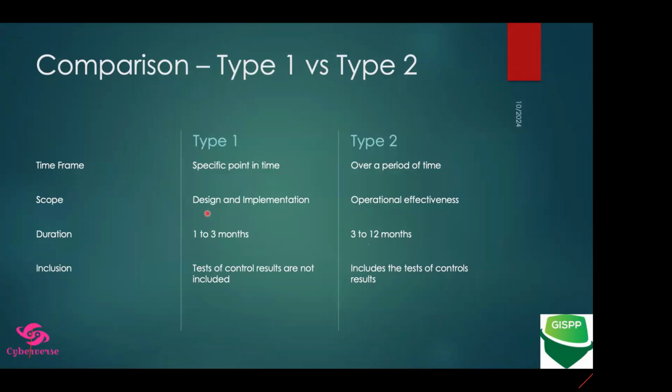It's called a point in time report. It basically focuses on design and implementation. So we are not talking about effectiveness, because I haven't started measuring the performance of my SOC2 program yet. I just design and develop the policies and procedures, and then I say, okay, let's do a type 1, so that I get some confidence that I have done something in the last 3 to 4 months. So it focuses on design and implementation. If I say this in ISO language, this is called stage 1.